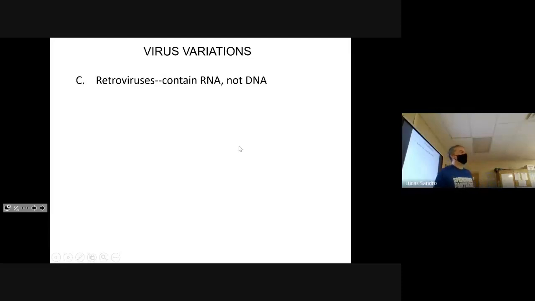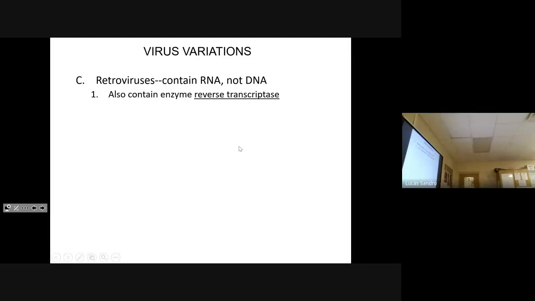That's what CRISPR is, right? It's like a bacterial immune system against viral DNA. So retroviruses inject RNA instead of DNA, which sounds useless because RNA degrades pretty quick. It's not a permanent code, it's a temporary code, but